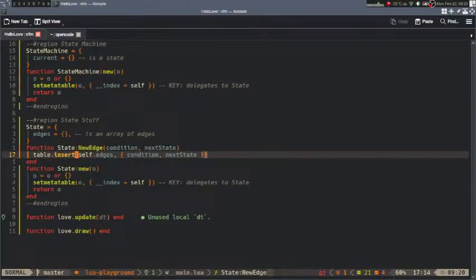So, and that entirely depends on the purpose of your state machine, right? Because